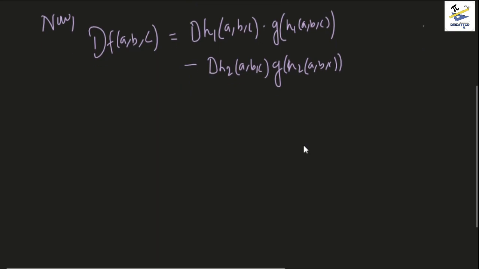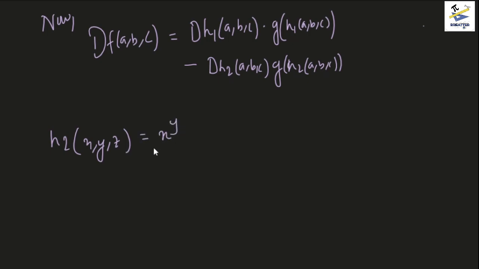So let us actually start with the simpler one, that is dh2 abc. So h2 of x comma y comma z is simply x to the power y, which is e to the power y ln x. This can be written as exponential of y log x, right? Therefore dh2 at the point abc